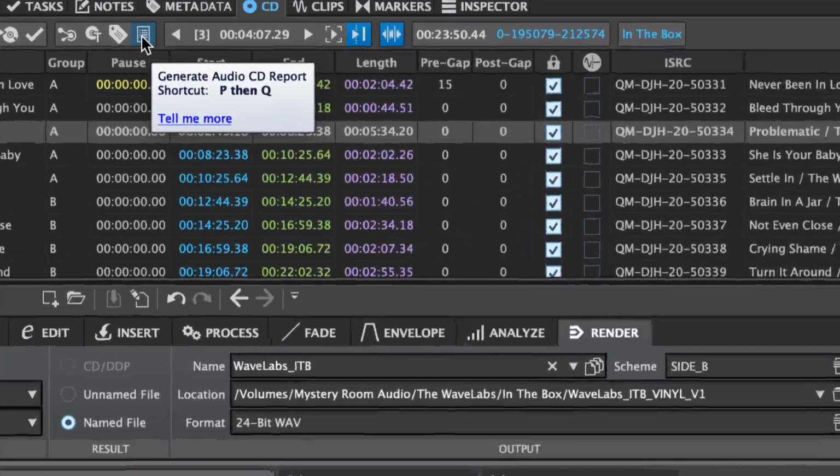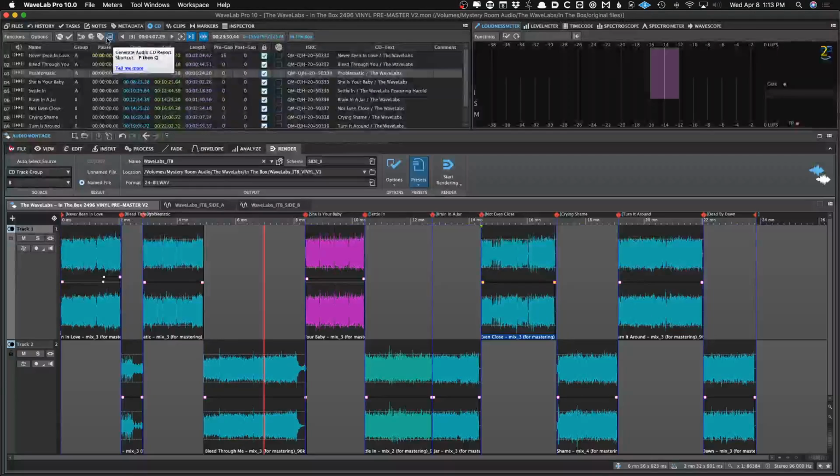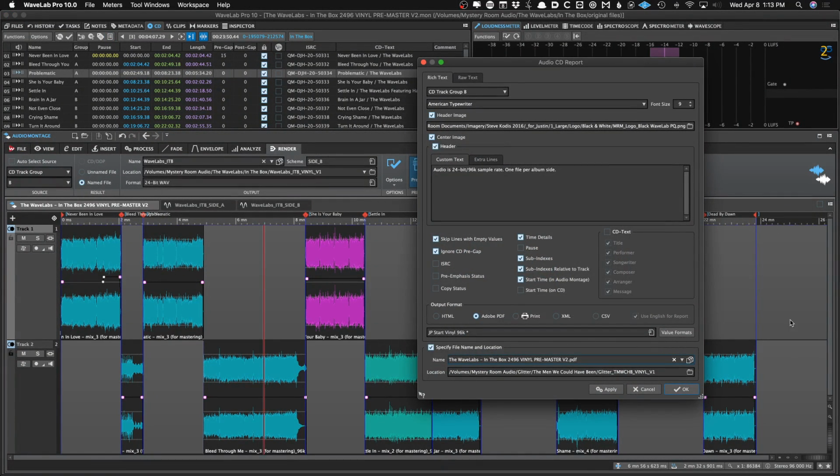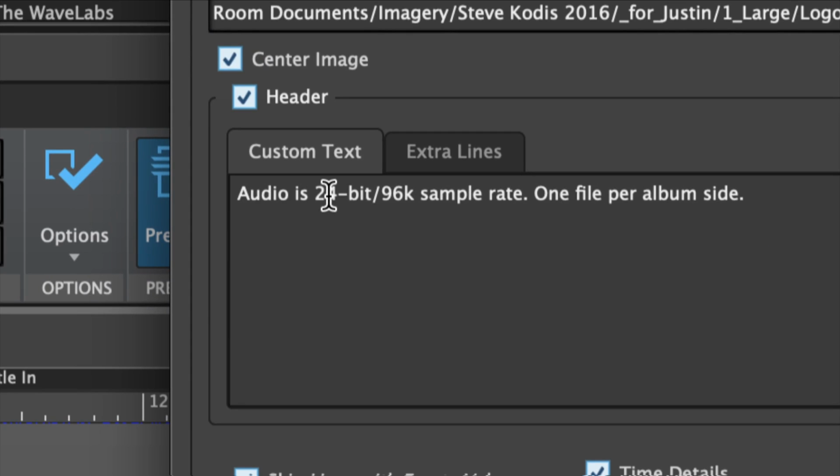So we use this little icon here to do a CD report. And it brings up this menu. And as you can imagine, I have a lot of presets already made. So vinyl, 96K is where I'm at. And the reason I choose 96K is I leave a little note saying the audio is 24-bit, 96K, one file